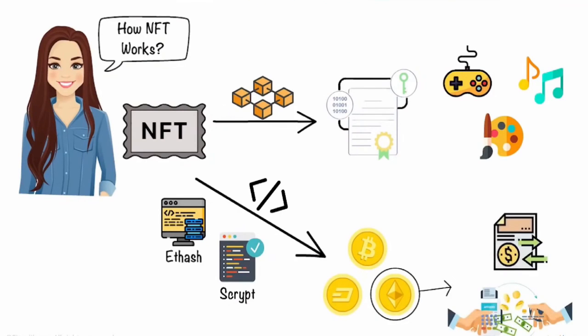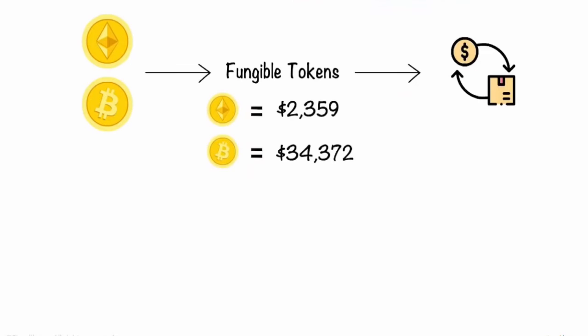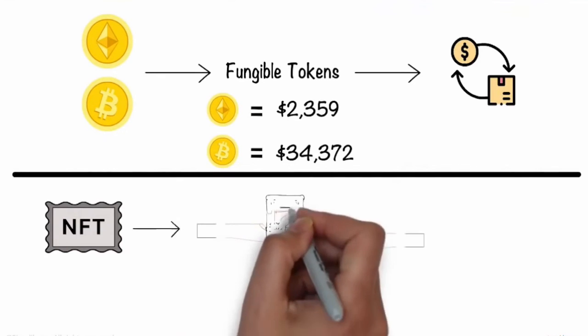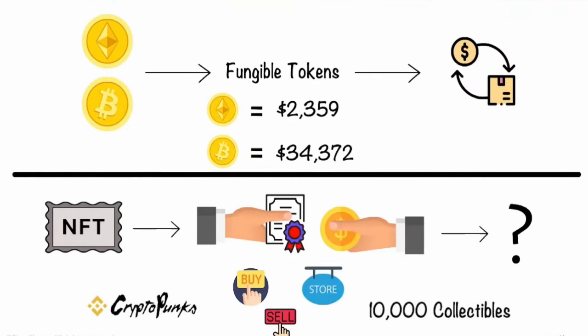However, NFT is quite different from these cryptocurrencies. Bitcoin and Ethereum are fungible tokens, which means if you trade Bitcoin or Ethereum for one another, you will have the same value or item in return, basically money. On the other hand, NFT is a unique token. Therefore, if you try to trade it, you may end up with something completely different in your hands. CryptoPunks is a remarkable example of NFT. It enables you to buy, sell, and store 10,000 collectibles with the proof of ownership being stored on the Ethereum